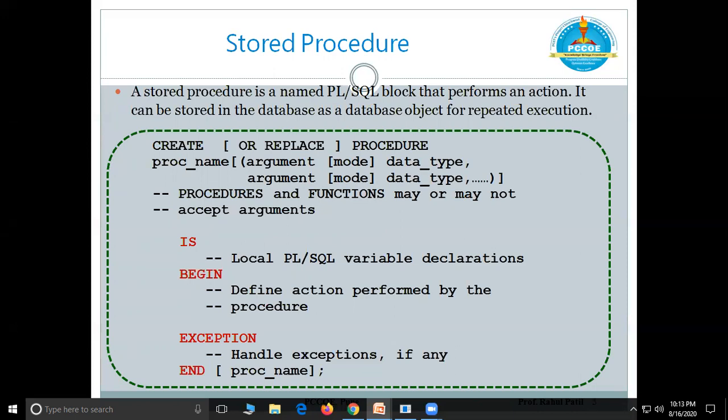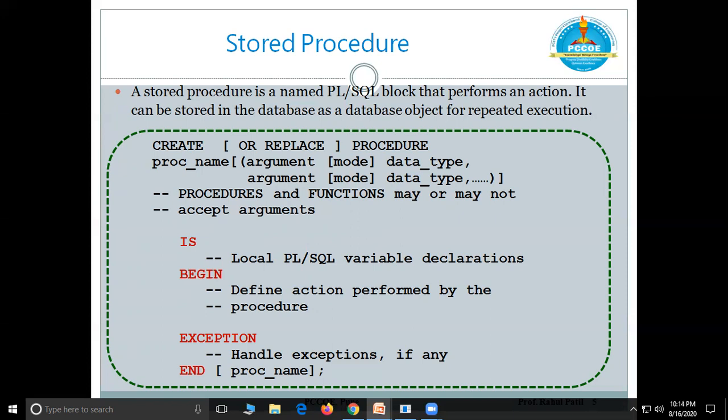If you look at the syntax, it is create, and in square brackets it is written or replace. Whatever is written in square brackets is optional. You can write create procedure, procedure name. Why is or replace written?